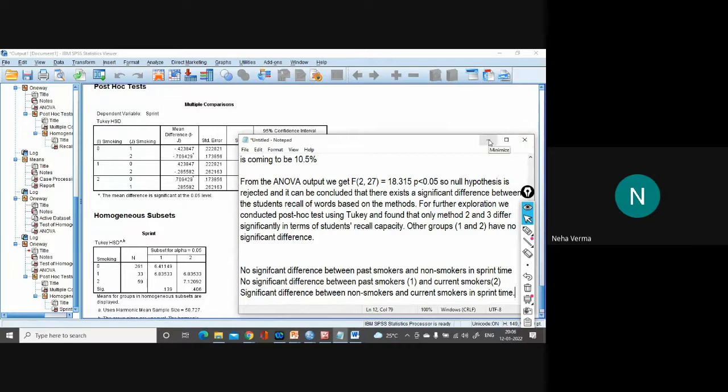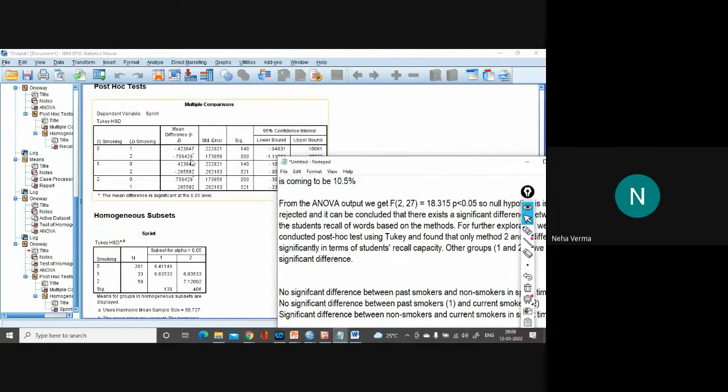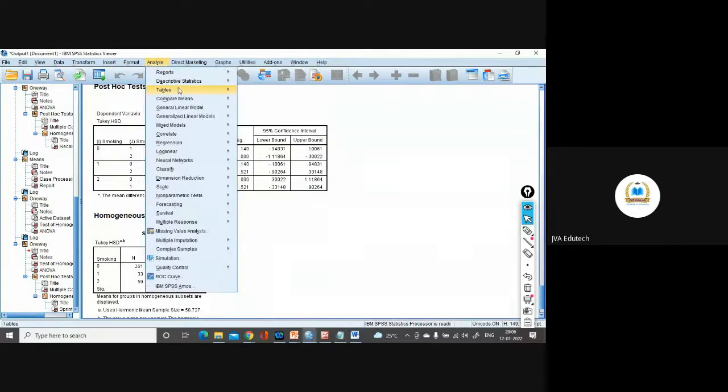Yes, sir. So one more thing, the direction, like the negative sign which is given in mean differences. How do we interpret it? You can say that when we compared 0 to 1, the mean difference was coming to this. You can simply calculate where it is coming from.